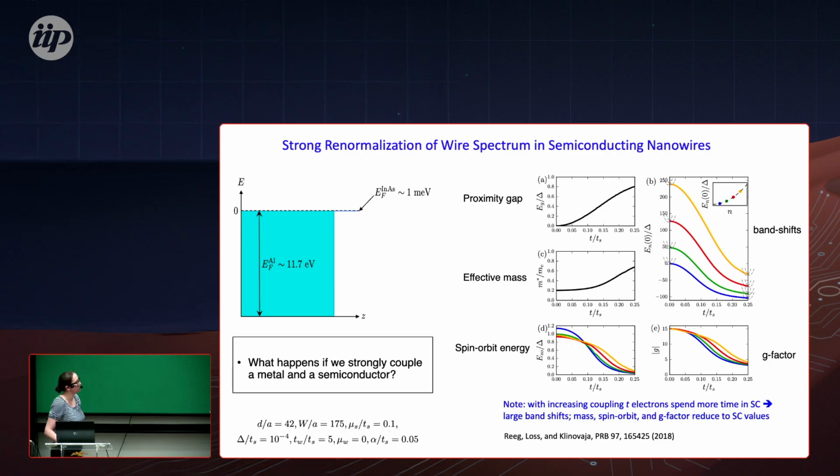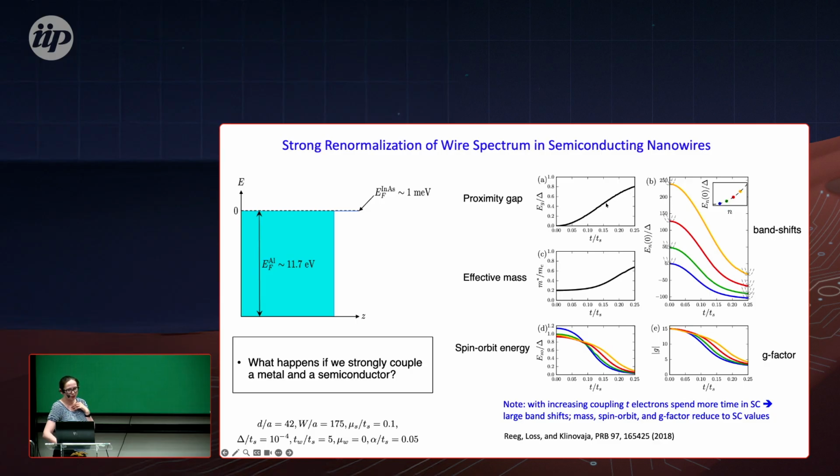So what we're trying to do is get a semiconductor. This is a material of very small Fermi energy, and we bring it in contact with a material which has very large Fermi energy, which is a superconductor, right? Because it needs to introduce superconductivity. And for this, you need to have a lot of electrons. This is a metallic system. And the problem is that you want to introduce proximity, so it means you want to have a good coupling between two systems. The stronger your coupling, the larger your proximity.